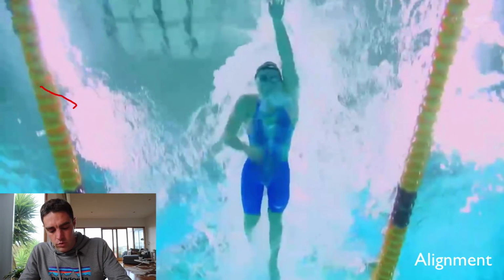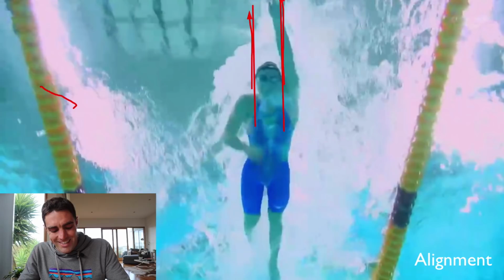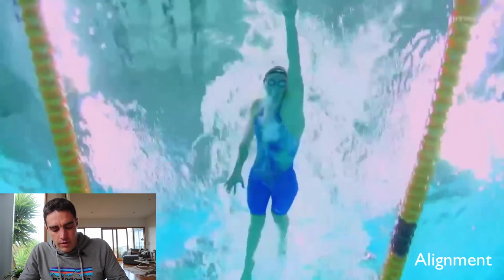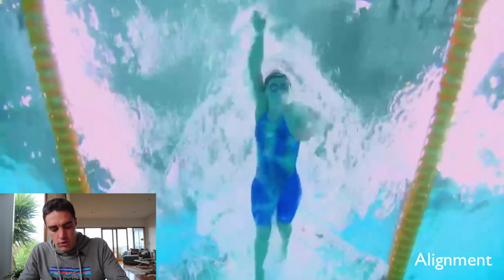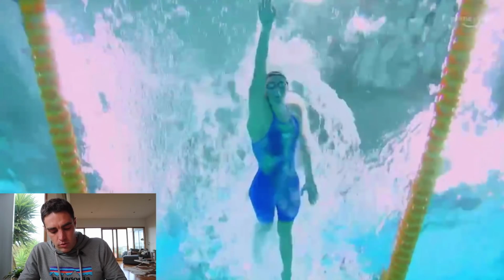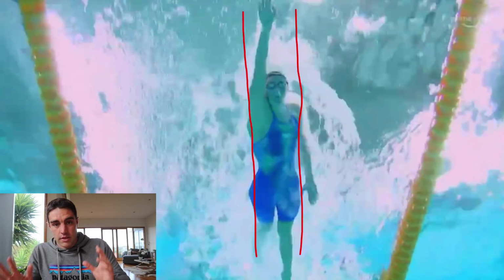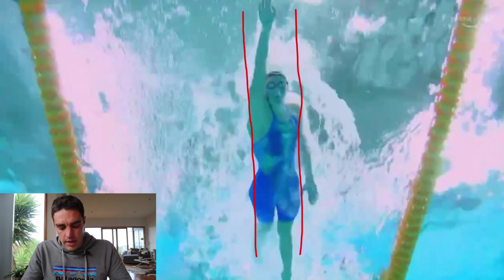One of the things that we will talk a lot about is that train track position, because we want the hands to enter roughly in line with the shoulders and extend straight forwards. And we get that on both sides. So hands go, fingers first, reaching forwards. Look at that alignment through the body. Such a nice position where she's pretty much fully extended, keeping the body within this narrow corridor as she's going,